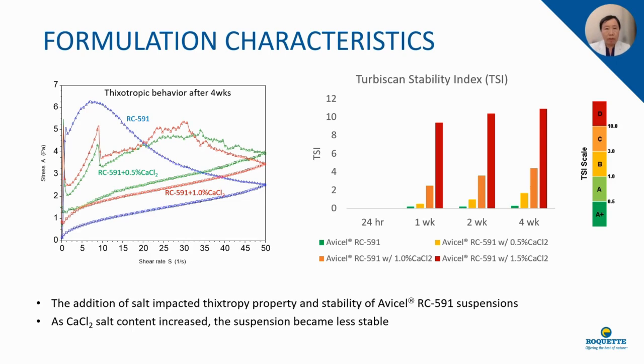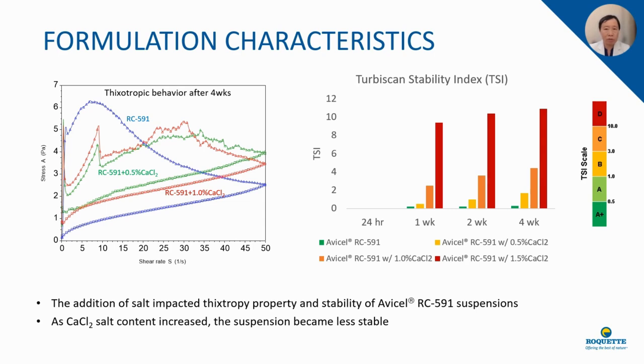This slide highlights the impact of increasing salt concentration on the thixotropic behavior and stability of Avicel RC591 based suspensions. The suspension without any added calcium chloride salt showed a typical thixotropic curve, the blue curve in the figure on the left. However, as calcium chloride concentration increased from 0.5% to 1%, the suspension exhibited reduced thixotropic property. So you can see the bumpiness of the thixotropic curve, which means flocculation and instability of the suspension after 4